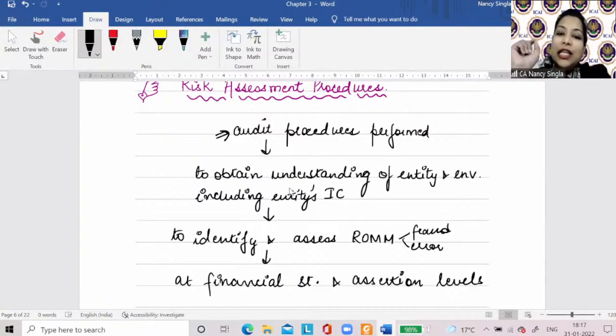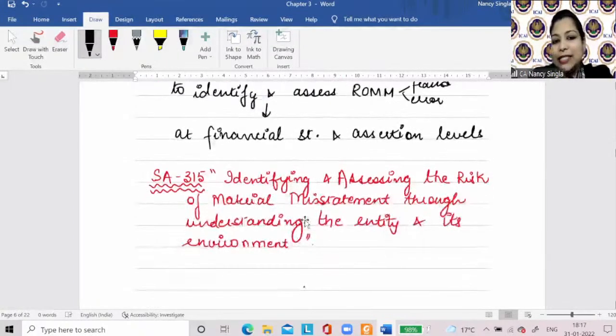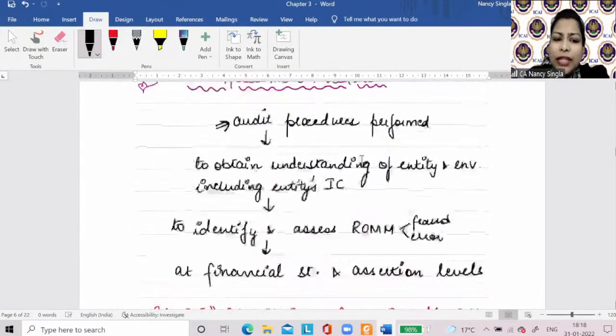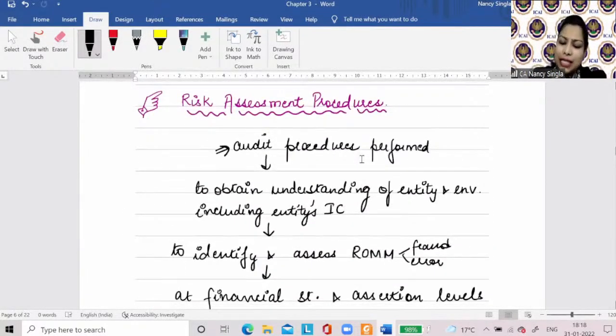So SA 315 is identifying and assessing the risk of material misstatement through understanding the entity and its environment. And when I say through understanding the entity and its environment, it includes what? The internal control of the client. Okay? So at this level, when the auditor is assessing the risk of material misstatement, he has to perform various